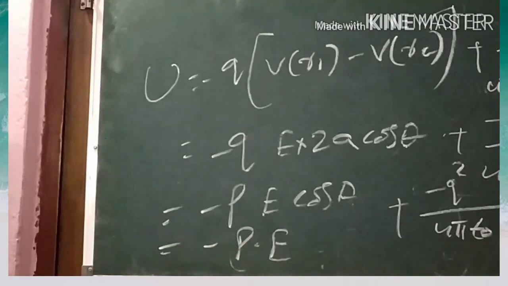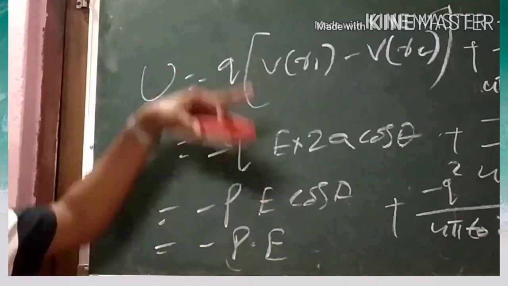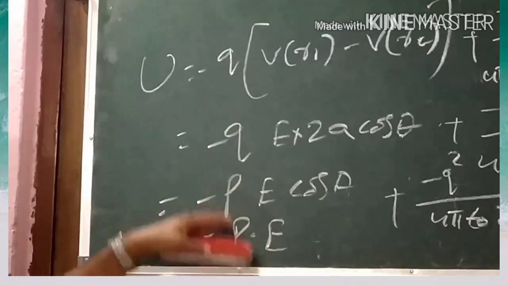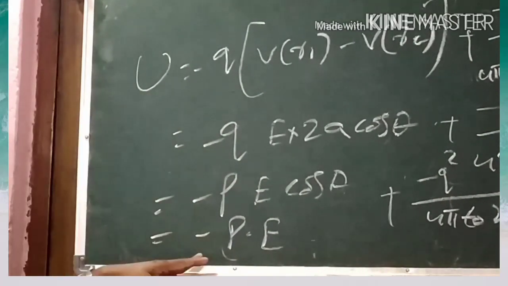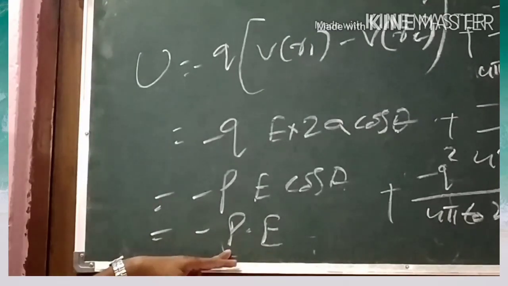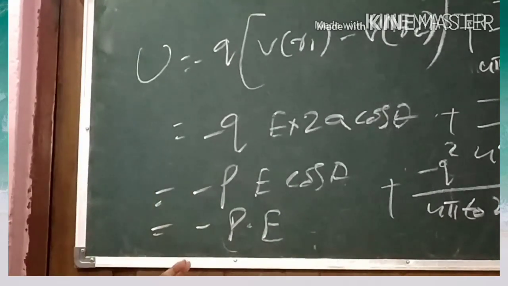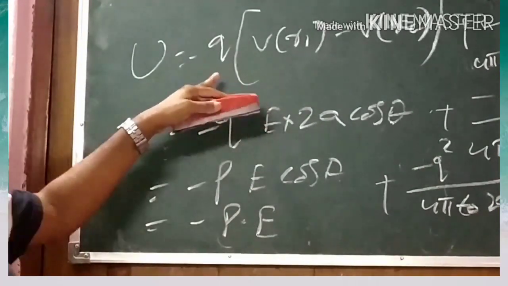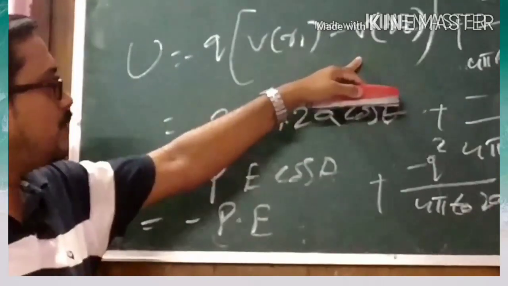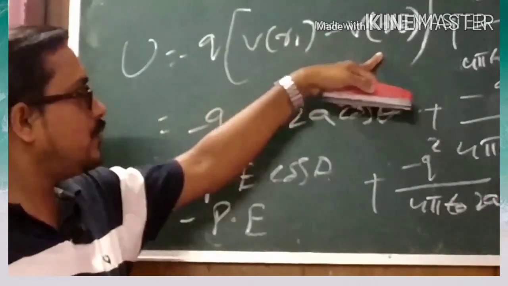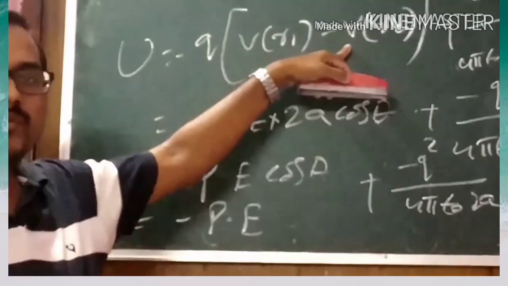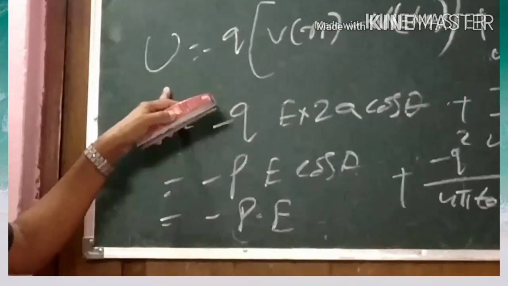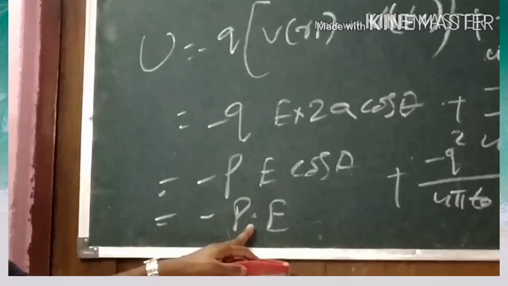Now our assumption why theta will be equal to 90 degrees is solved, because in that situation also we had taken theta equal to 90 degrees and the result is minus p dot E. In this situation also, in the second or alternative method, we have got minus p dot E, and from this we can assume that the value of theta 0 will be equal to 90 degrees. So now the final equation is this much, and we have neglected the term V r1 minus V r2. So in this case, V r1 minus V r2 will be equal to 0 and V r1 will be equal to V r2. But during the calculation of the potential energy, we know that U, which is the potential energy, will be equal to minus P dot E.